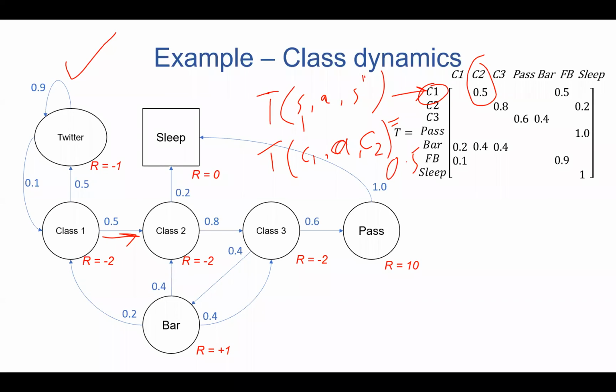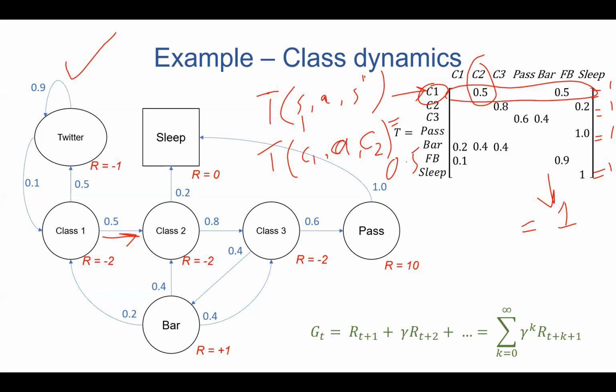And remember the second law of probability that we talked about in the last lecture is that the sum of the probabilities for a certain state, from taking all possible actions, has to be equal to 1. So the sum of every single row in here has to be equal to 1. So we're following the second law of probability here. All right? Clear enough so far?